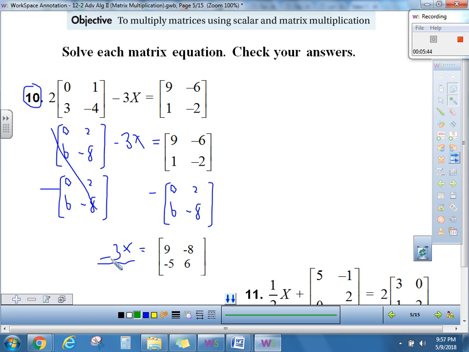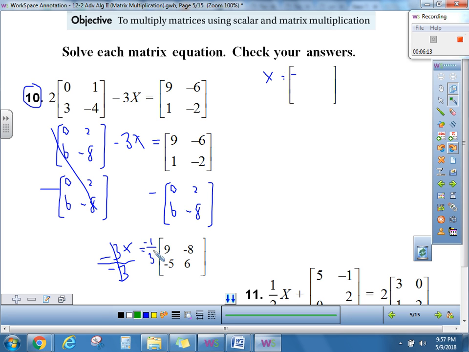I need to divide by negative 3, or another way to think of dividing by negative 3 is actually multiplying by negative 1/3. So here, that negative 3 divided by negative 3 cancels out, and we're left with just that matrix X. And negative 1/3 times this matrix, we're going to write X equals that matrix